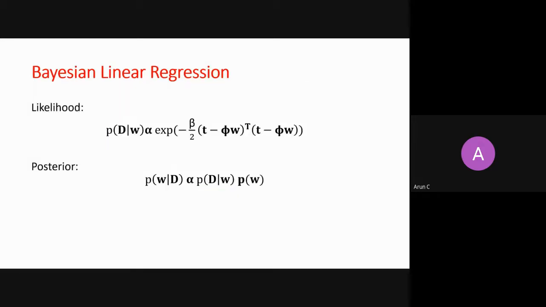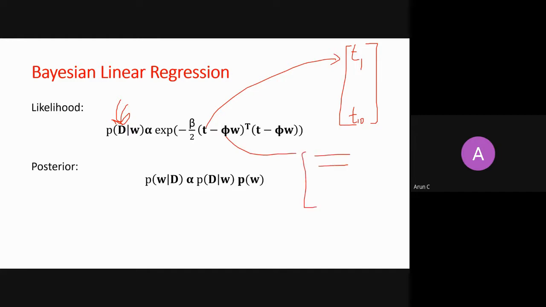Okay. So now this is the likelihood function. If you remember, this is the likelihood function for the whole data set, right? The likelihood function I wrote on the previous slide assumed there was only 1 point in my data set. But if there are 10 points, then this t vector has t1, t2, up to t10, right? I have derived this in my previous classes. So from t1 to t10 is the vector, and this phi is a design matrix. This phi is nothing but your basis function for the first point, second point, and 10th point. And then you multiply your w.